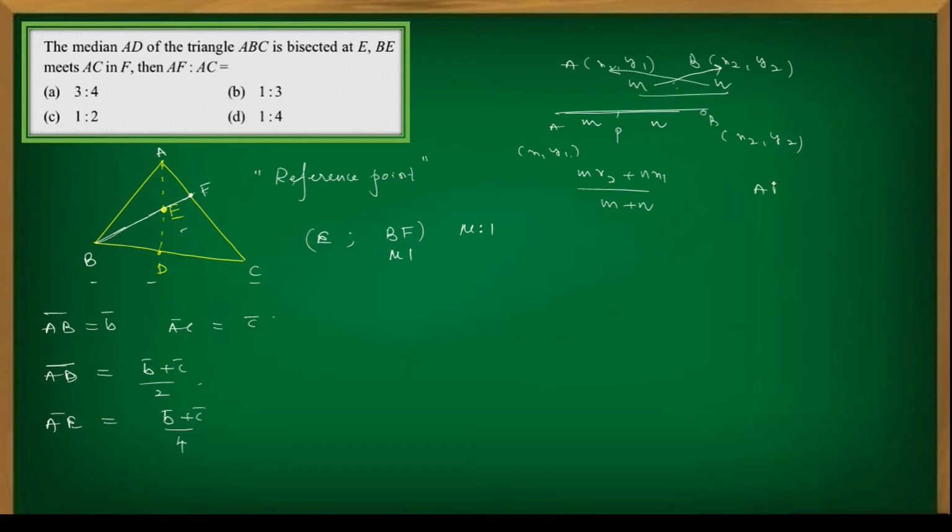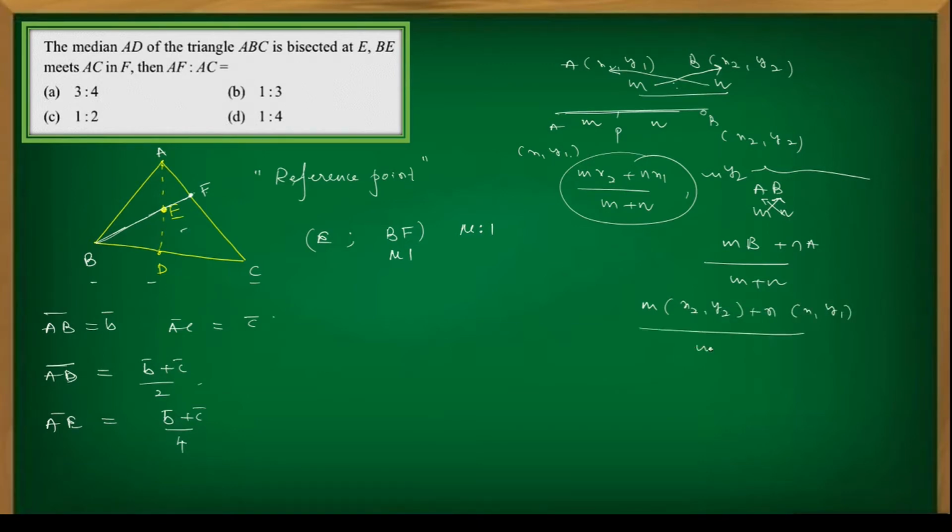So if I say AB, m is to n, m is multiplied with the components of B, then n is multiplied with the components of A, then in the denominator m plus n. This is the same as this only, (mx2 plus nx1) by (m plus n), (my2 plus ny1) by (m plus n). You can see that if you write m, B is x2, y2, plus... If you have any confusion you can ask me, because we usually write a little bit fast with this method, so you should know this. So multiply with m now, mx2, my2, then plus what here?